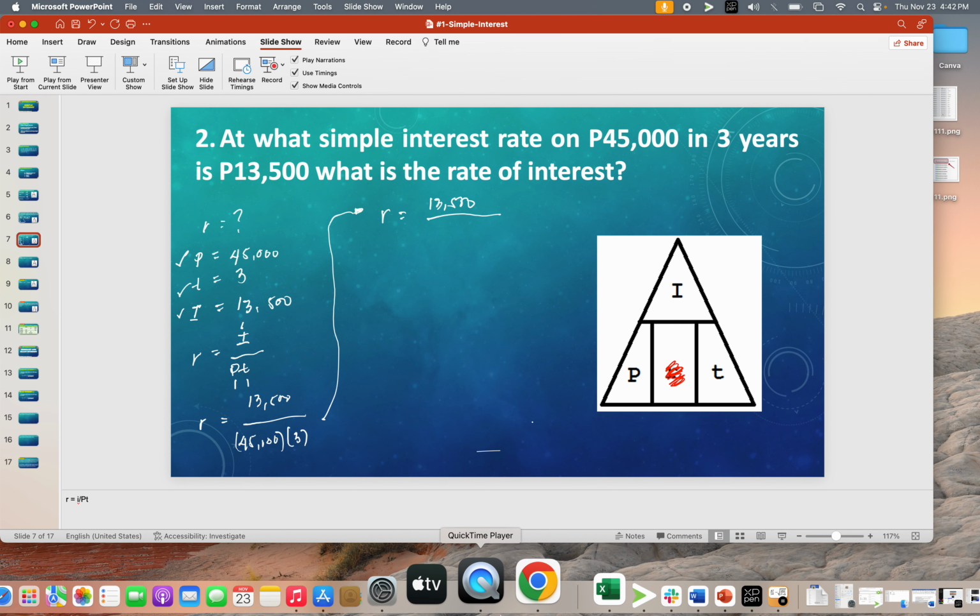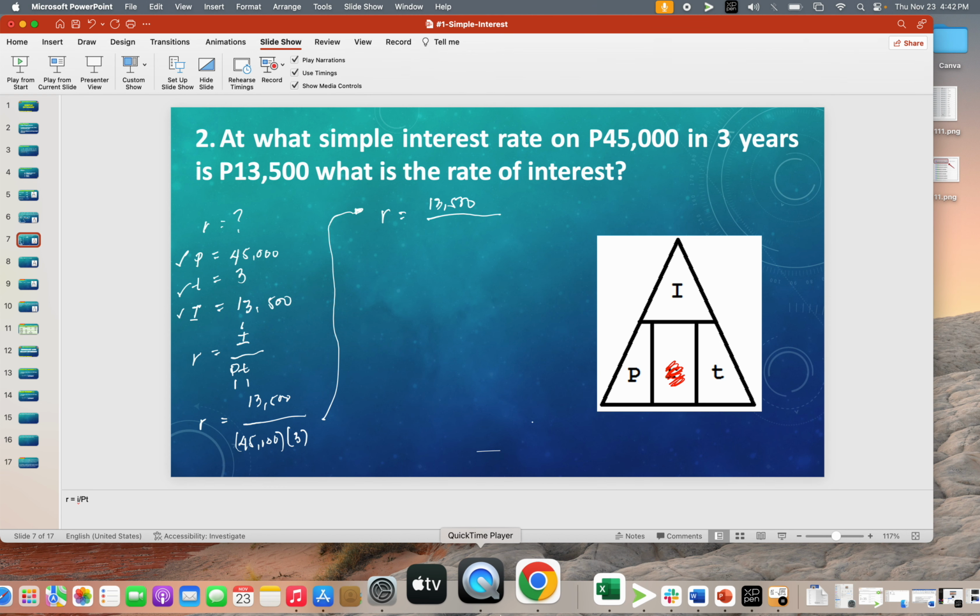So, meron tayong 135,000. Ngayon, divide na natin. So, rate is equal to 13,500 divided by 135,000. So, sa calculator mo, so we have 13,500 divided by 135,000. That's equivalent to